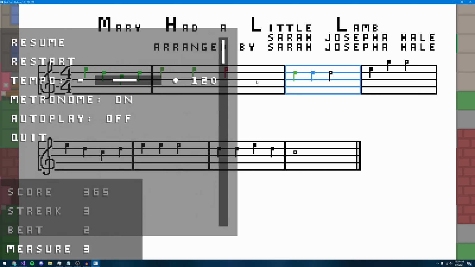You want to try to land the note when it happens, as well as hold the note for as long as it's supposed to be held for. And those two things will help keep your streak up. And the streak is like a multiplier. Basically, the higher the streak, the more your score will grow exponentially. You also have beat right here, which tells you what beat we're on. We're on beat 2 and measure 3, right? 1, 2, 3. This is measure 3 on beat 2. If we continue to play,